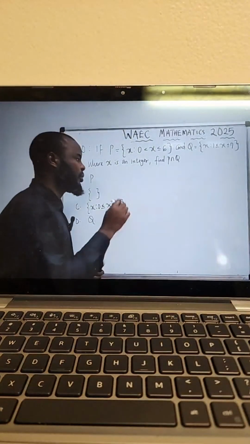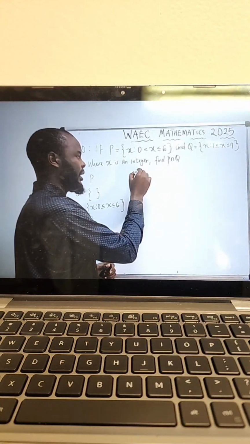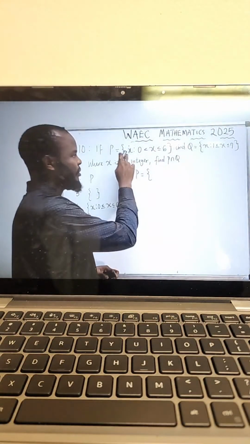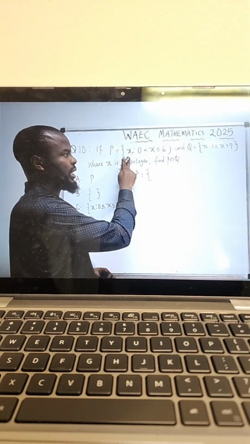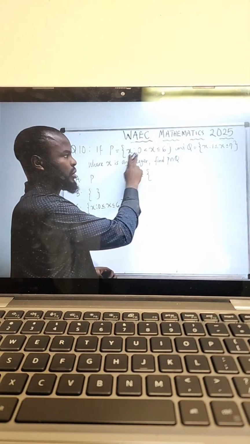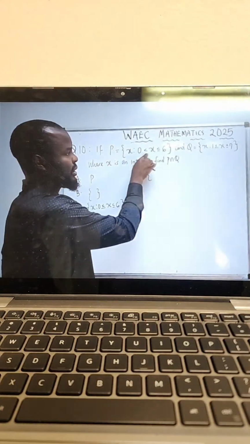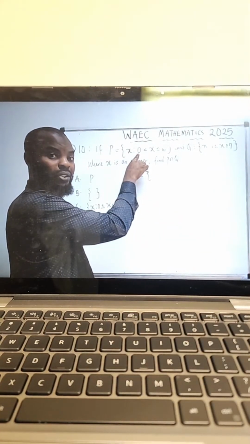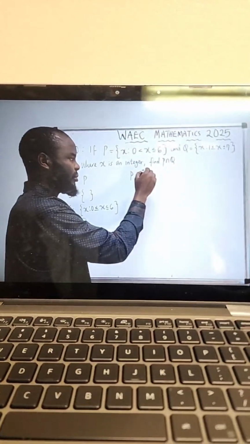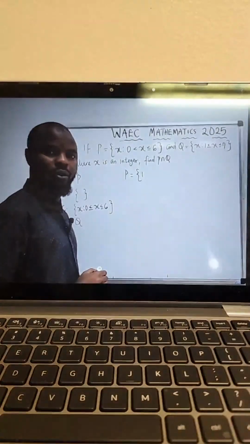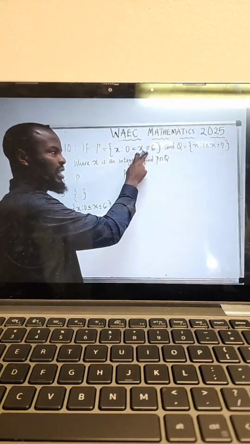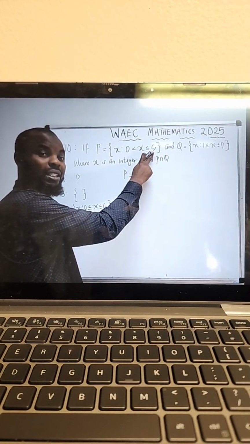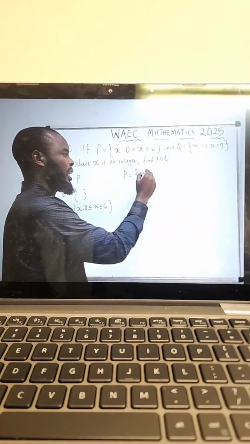Now, what we have to do first is write out the elements in P. Now, we have P, which is x, such that x is from 0 to 6. If you look at this inequality, you can see that x is greater than 0. That is, the value of x starts from a value greater than 0, which is 1, up to 6, less than or equal to 6. That means 6 is inclusive. So we have 2